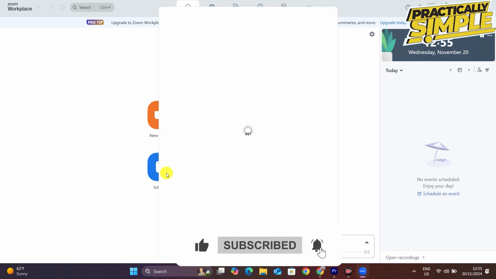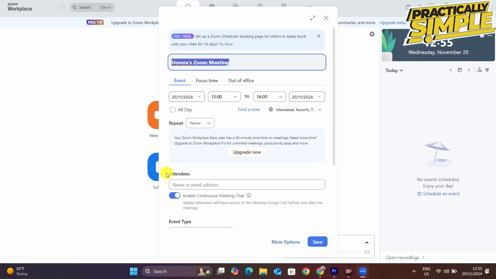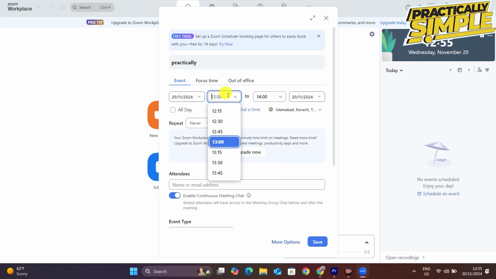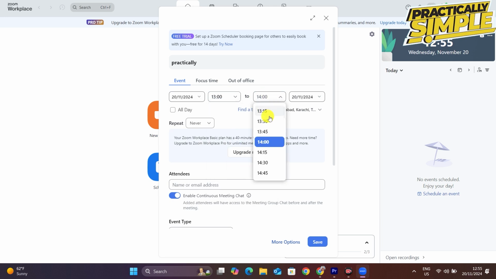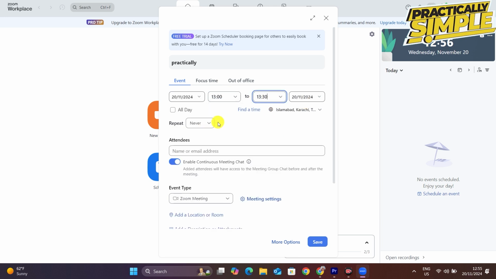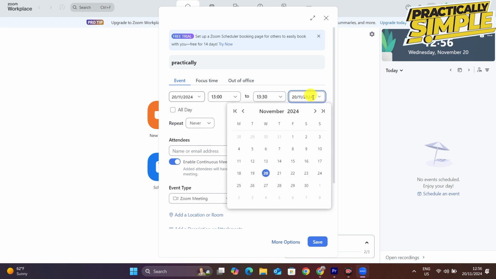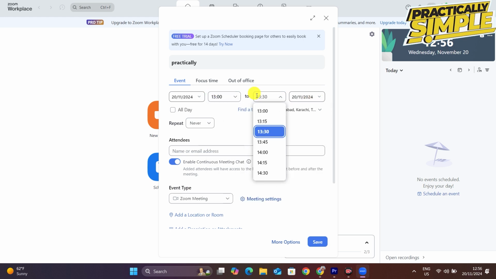First of all, you have to give the meeting a topic here, and then you have to select the starting date and then the time, and then you can see the option here, duration. You have to set the duration, hour and minutes, and I'm going to select here generate automatically, and here is